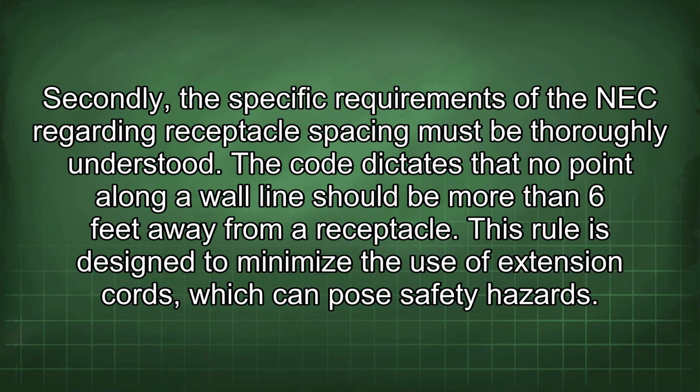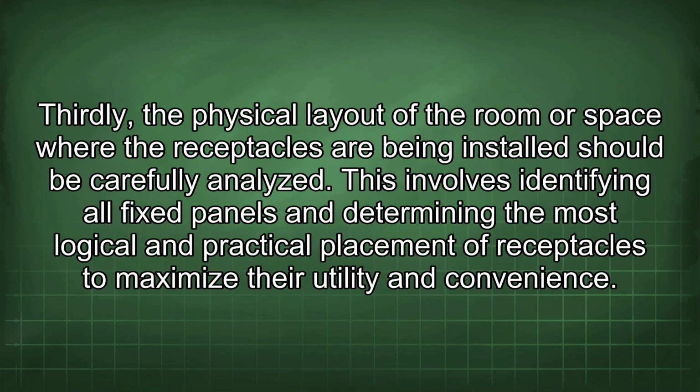The code dictates that no point along a wall line should be more than 6 feet away from a receptacle. This rule is designed to minimize the use of extension cords, which can pose safety hazards. Thirdly, the physical layout of the room or space where the receptacles are being installed should be carefully analyzed. This involves identifying all fixed panels and determining the most logical and practical placement of receptacles to maximize their utility